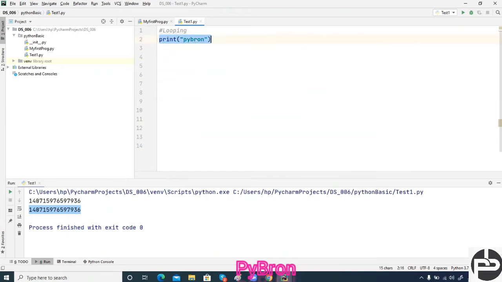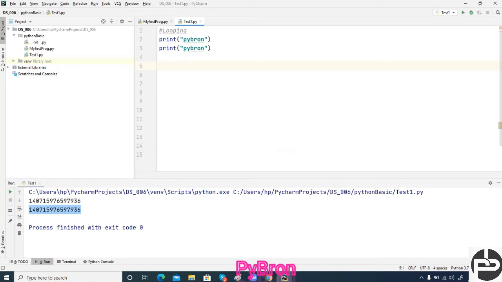You can copy and paste this up to 1000 times, right? With the knowledge you have so far, if I tell you to print pybron 1000 times, you have to write the same line of code 1000 times.